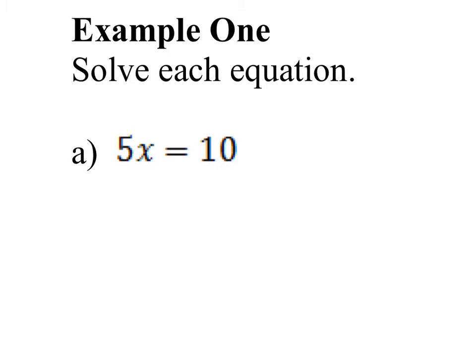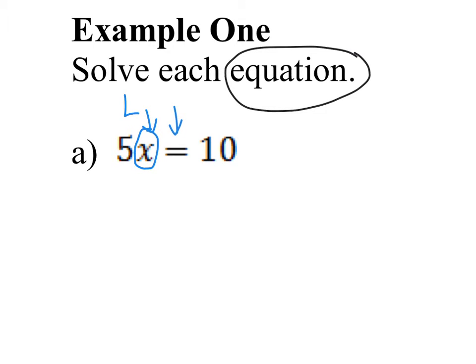So that's why right now we're using this word equation, because we have stuff that has an equal sign and a variable that we need to solve for. Solving for that variable means to make sure that the equation is true. So we have to find something right now that x represents that would make the left side equal to the